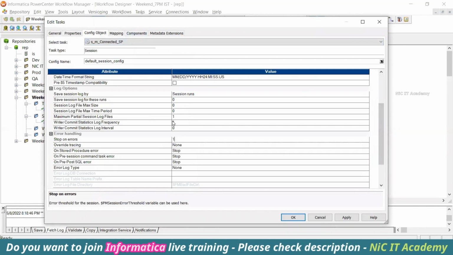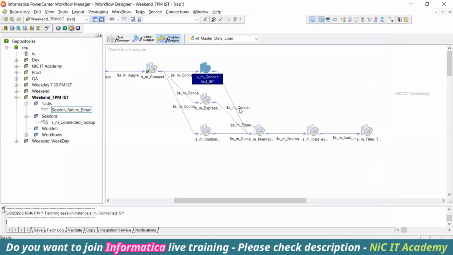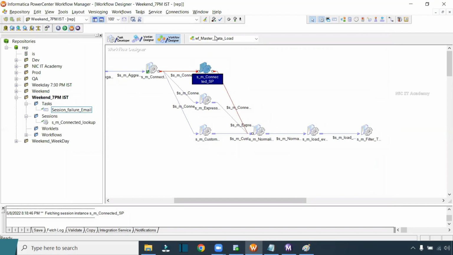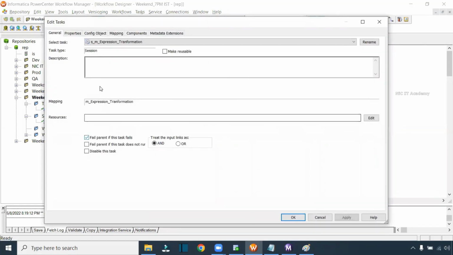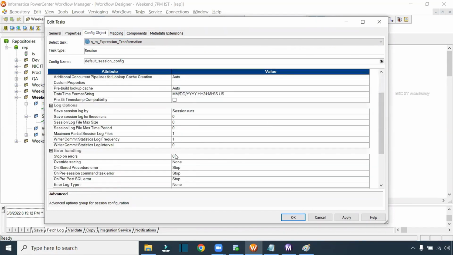What is meant by stop on error? If any one error occurs, it will stop the execution. Fail parent if this task fails. So if this task fails, it will fail the parent. Parent is nothing but the workflow. So for each and every session, we will be providing these options. So we have to give them for all the